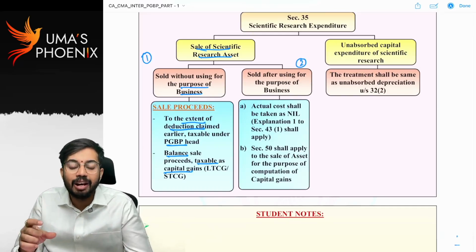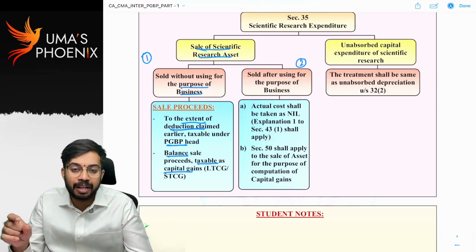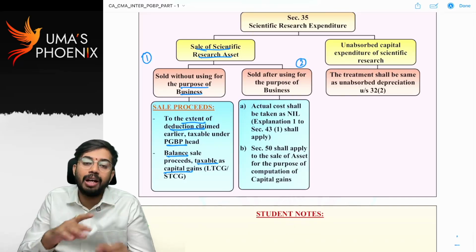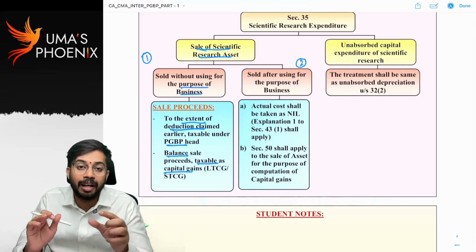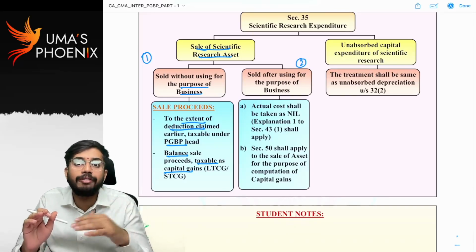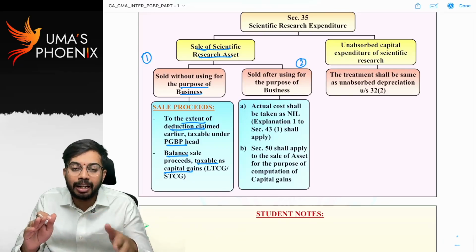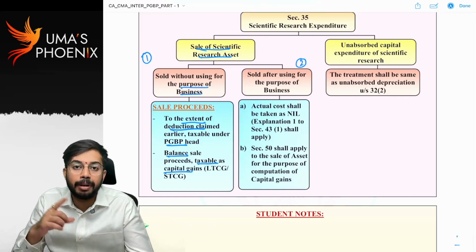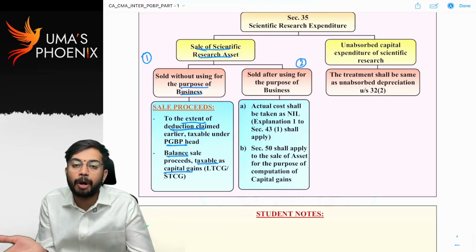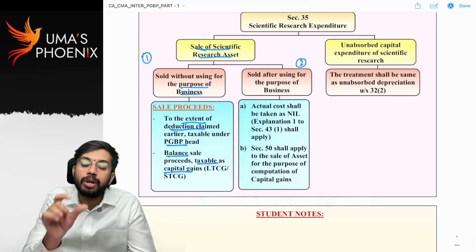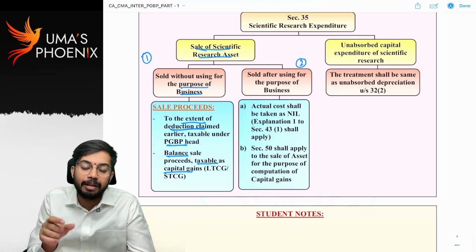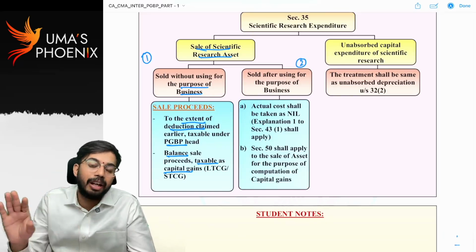In such a case, whatever the asset that I transferred is there, that will be added to the block of assets. Generally, plant and machinery block is there, 40%. So to that plant and machinery block, whatever the laptop I transferred from scientific research department to accounts department is there, that laptop also I will add. Only the count, number of plant and machinery, increases, but value will not increase.